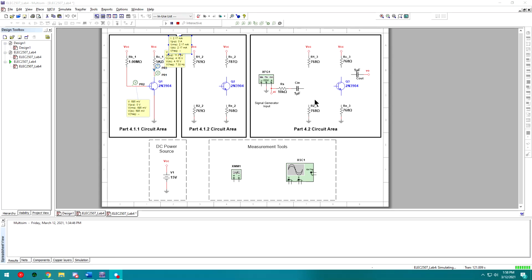And then you're going to note the current through the base. So I'm going to do 15 minus 0.685 in my case, and then divide that by 1 times 10 to the 6th, to find that I have a current through that branch of approximately